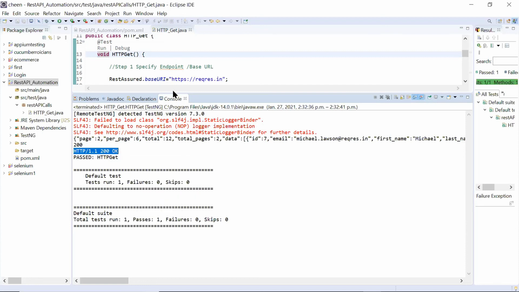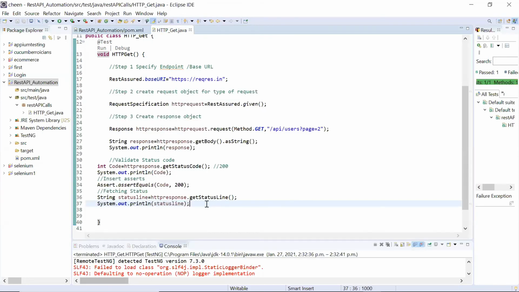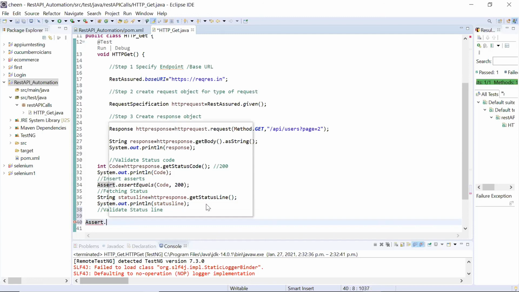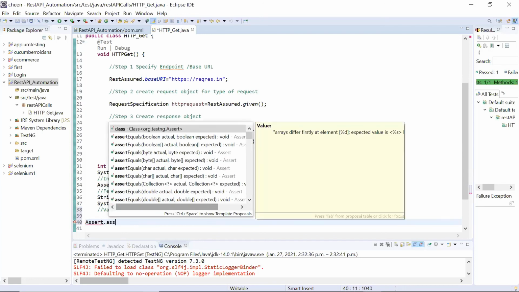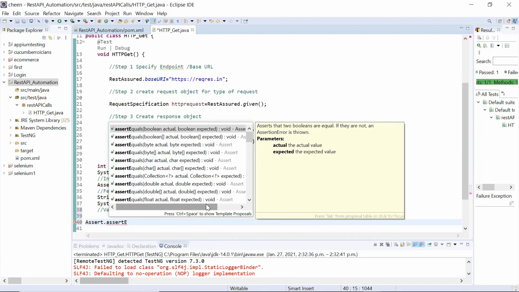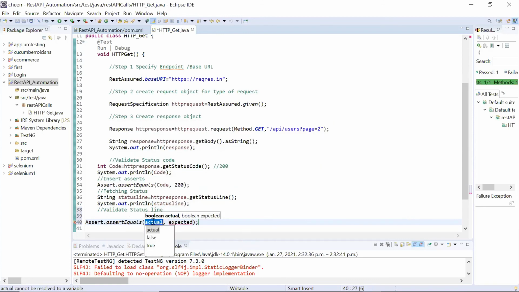Again, I'm just going to copy this. And now for the status line also, I want to validate it. That means I will insert assertions over here. So validate status line, very simple. Here also you will write assert equals. So I'm just fetching it from here. Here you can write your actual result. So actual is my status line.